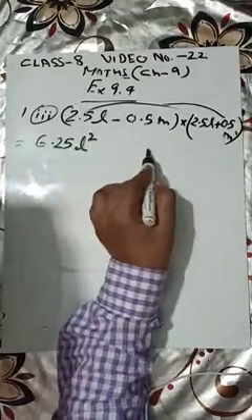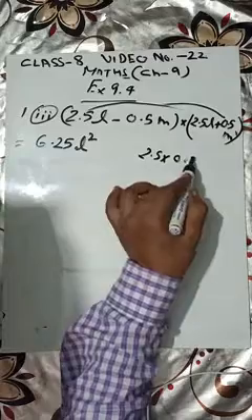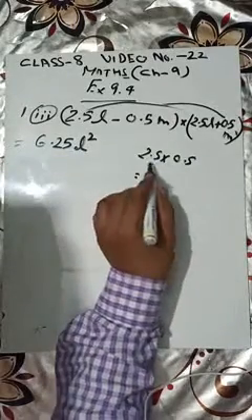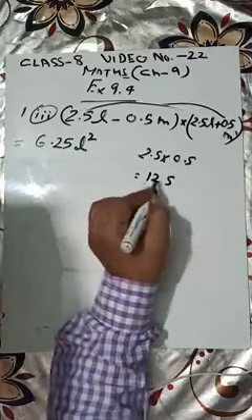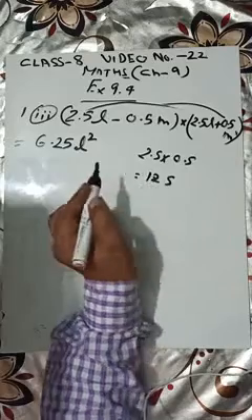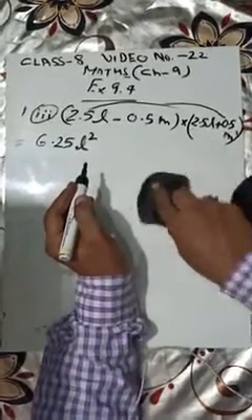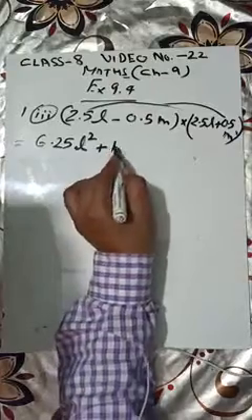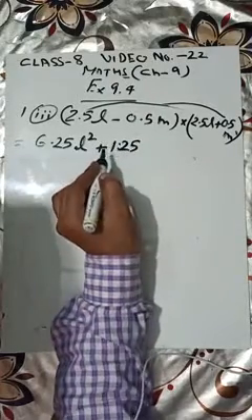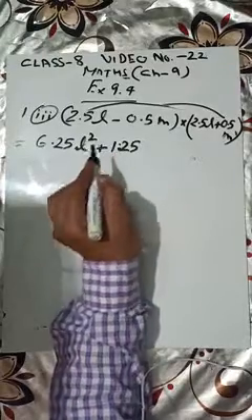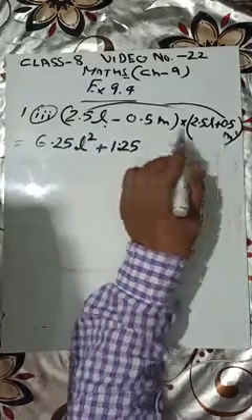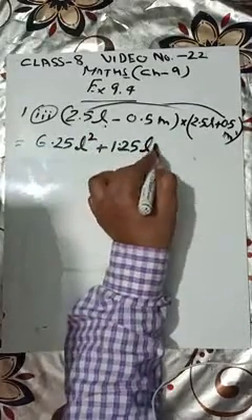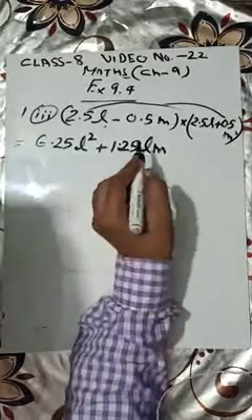Now this has to be multiplied with this. 2.5 and then see, 2.5 and 0.5. Again forget the point. It is what? 25 and 5. When you multiply 25 and 5, you will get 125. How many decimal places are there? 2. So it will be 1.25. So you have to write plus 1.25. This is how you can do it in a very simple way. Now l is going to multiply with m. Both are different variables, so they will be written side by side. They will not multiply.